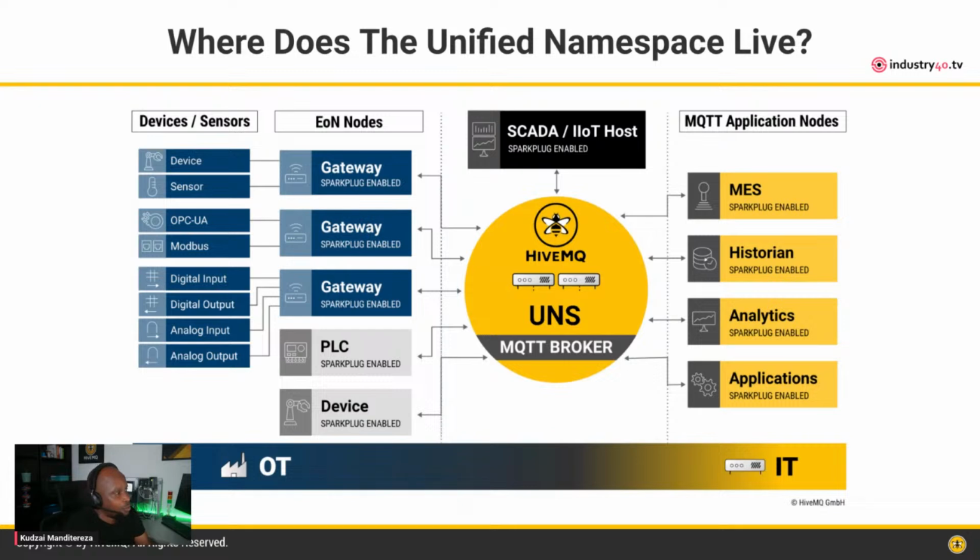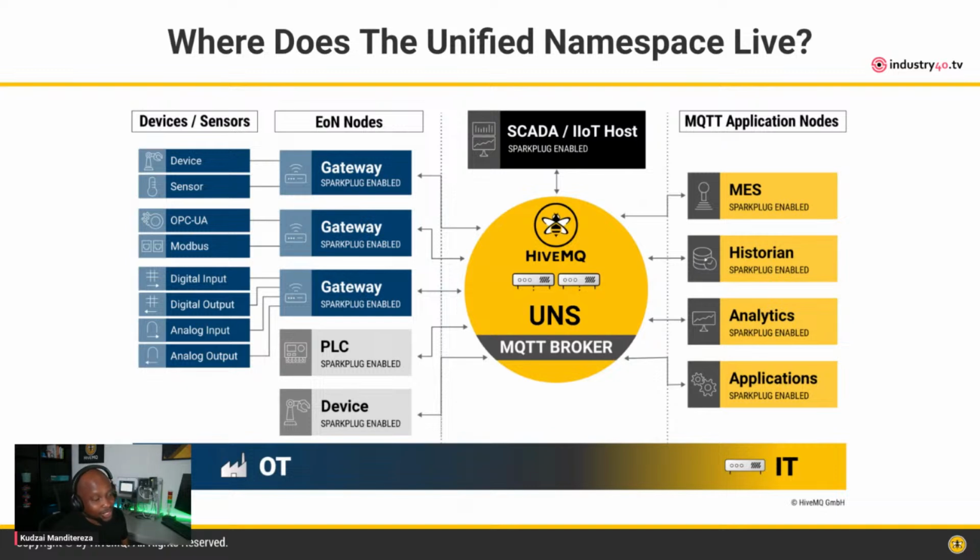Now, the next question that you'd probably ask here is, now you understand that you have a central store of information that holds all your events and that holds the structure of your organization. What sort of store of information is that? Is that a database, or how are you able to store that information? So again, as I mentioned, there's many ways to do it. It could be a database, but